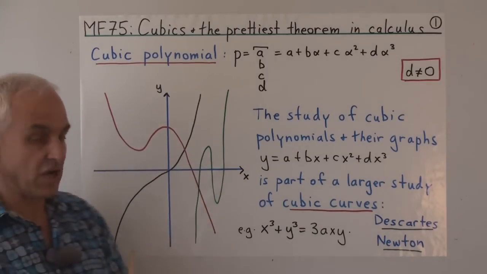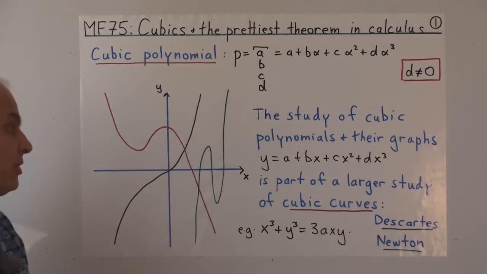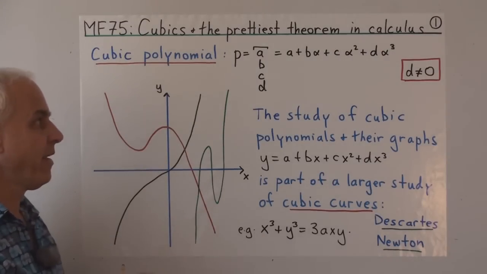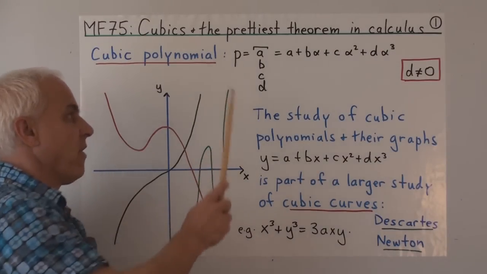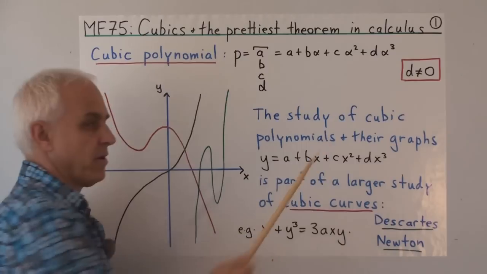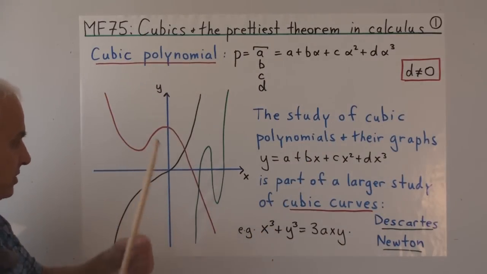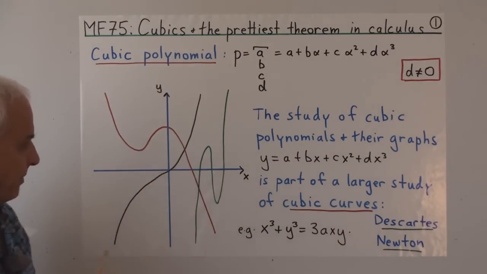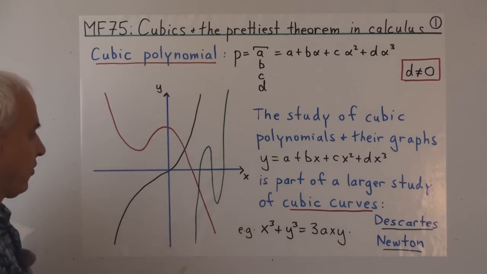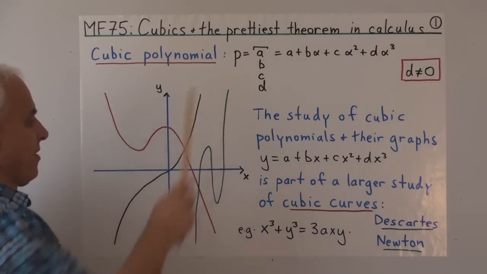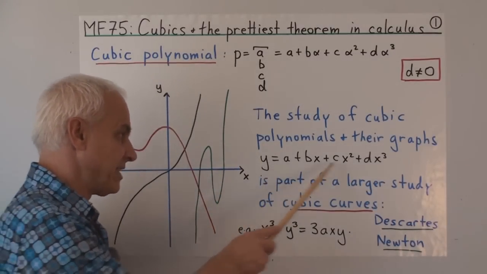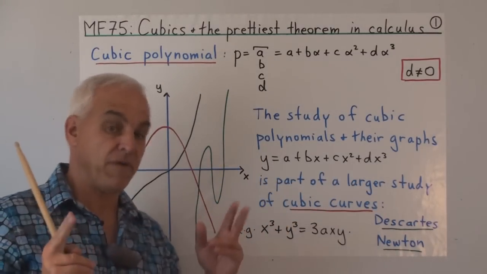Now when we graph such a polynomial, what we do is we plot points of the form, say x coordinate r and y coordinate p of r, where p of r is what you get when you replace alpha here with the number r. If you plot all those points, then you get a curve that looks something like this, or like this, or maybe going up and down like this, or maybe like this.